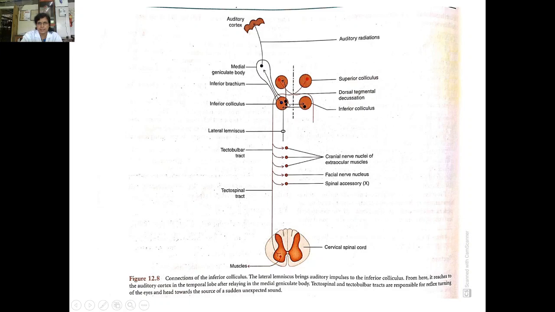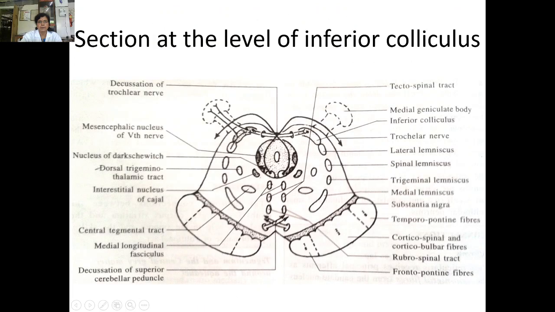Then some efferents go to the inferior colliculus of the opposite side. So this is about the connections of the inferior colliculus, and this is the transverse section at the level of the inferior colliculus. This section represents